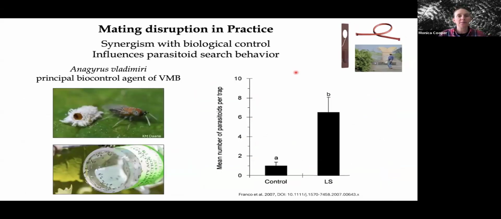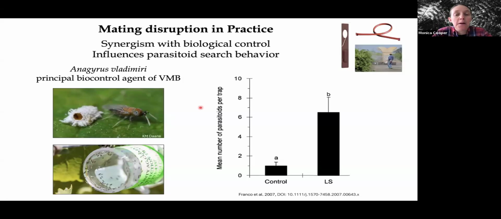The other interesting thing that we've observed with mating disruption, particularly with vine mealybug, is that there's a synergism with biological control. Specifically, this has been studied with the parasitoid Anagyrus vladimiri, which is the principal biological control agent of vine mealybug around the world. And that is the female Anagyrus that you're seeing photographed there. The female of the wasp lays her eggs into the mealybug, and the wasp larvae eats and consumes the mealybug from the inside out and kills it that way. Well, what we think is that the female wasp also orients to the mealybug pheromone